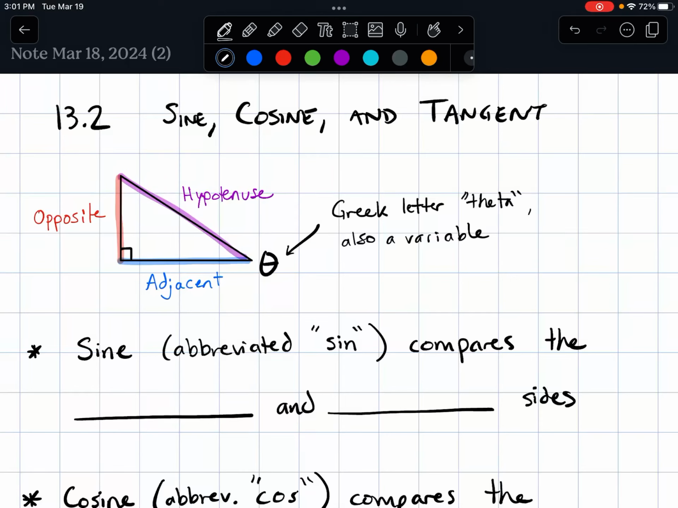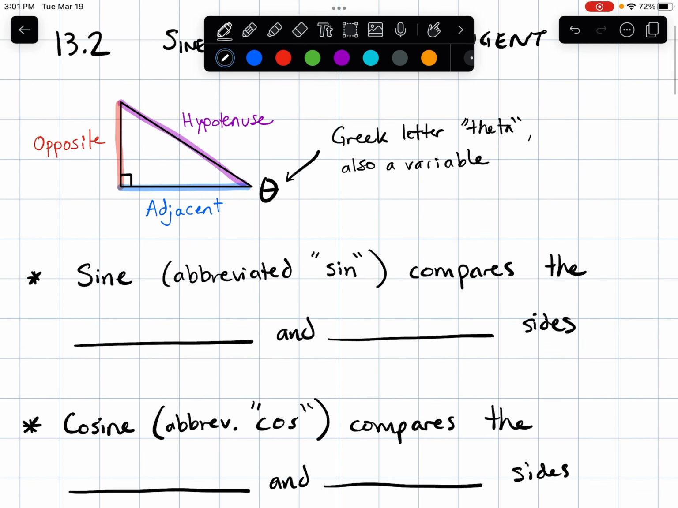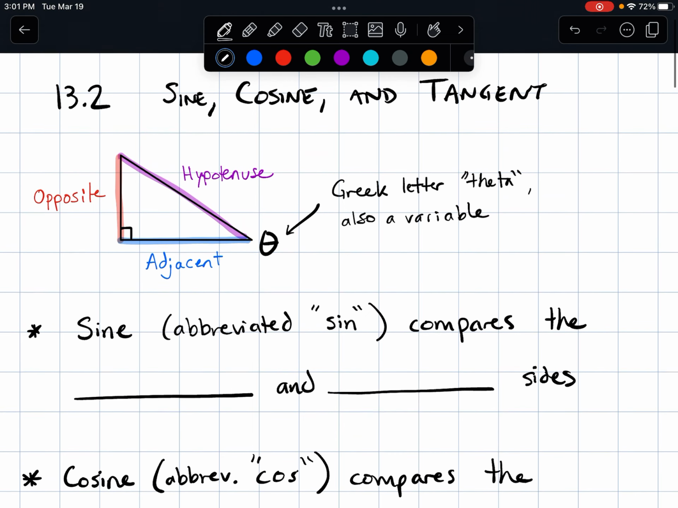All right, welcome to 13.2. We're learning about sine, cosine, and tangent today. So remember that sine, cosine, and tangent are all types of trigonometric functions, and they compare certain sides within a